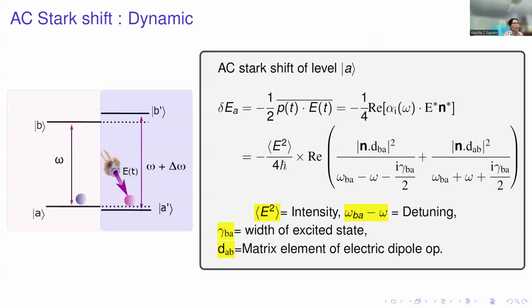And in the later part, the other physics I wanted to tell you about is the AC Stark shift. When detuned laser light interacts with an energy level diagram, a two-level system or any other atom, the level can be shifted, which is given by the Stark shift of the level. It depends on the intensity and the detuning of the light.